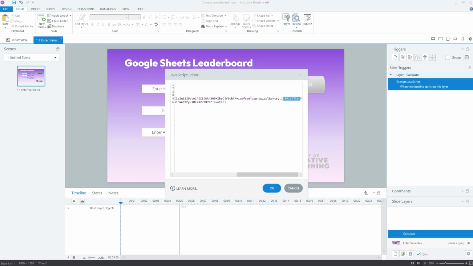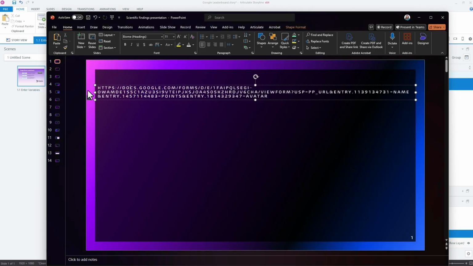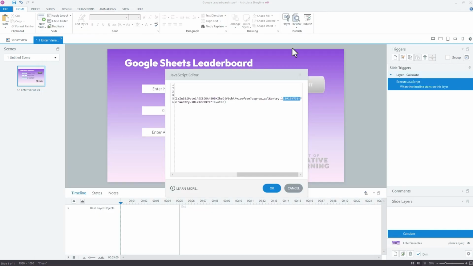So if we go back to this here, basically I highlighted all of this till here. Oop, and the equals. Got to have the equals. So this whole section, stopping right where name starts. And I've pasted that in these parentheses here so that I'm telling it this leaderboard needs to be this chunk